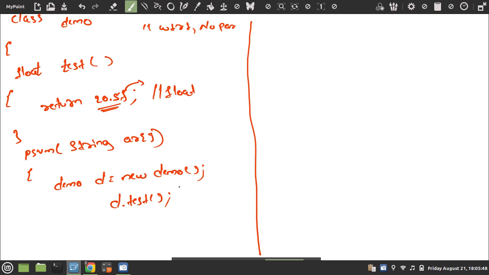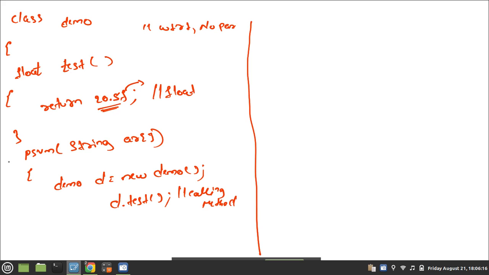This is calling the method. But what is happening here? It is returning something, because as I told you, return type is nothing but output. To which function is it returning? To the calling function. This function is called by which function? The main method, no? So 20.5f is returning to this method. Yes or no? If it is returning, I require to hold that value. To hold the value, I should declare a variable.